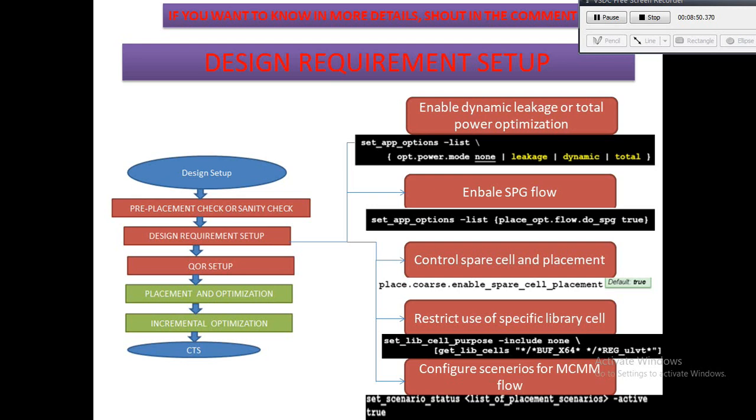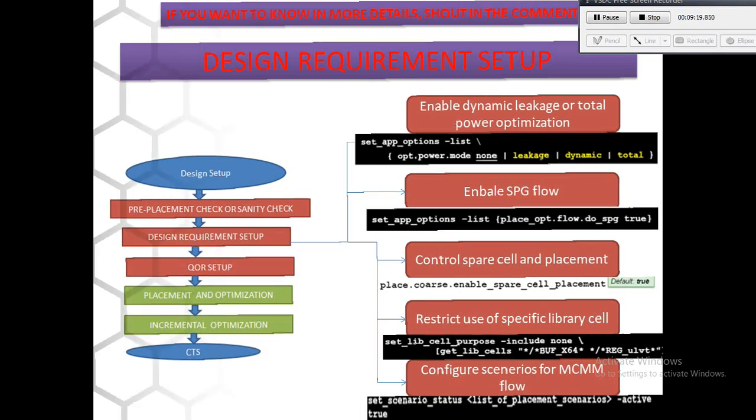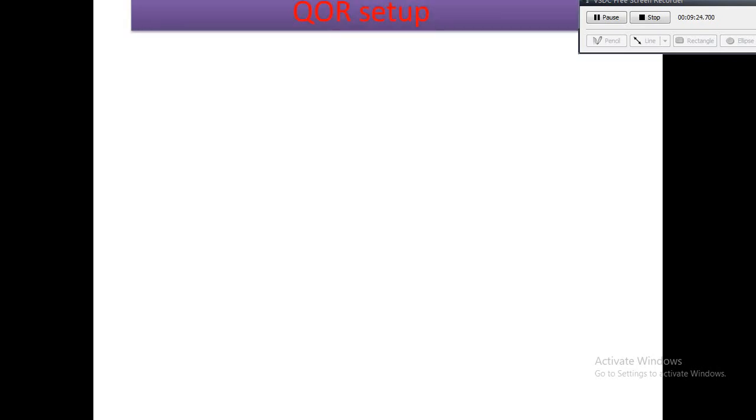So next is configuring scenarios for MCMM optimization. Concurrent MCMM optimization requires creation of scenarios. Optimization occurs in active scenarios for the enabled analysis type. Suppose you have enabled setup, leakage, max tran, max cap, and all that, and the hold analysis type is ignored during place_opt. So even if you enable it, configure the scenarios appropriately prior to executing place_opt.